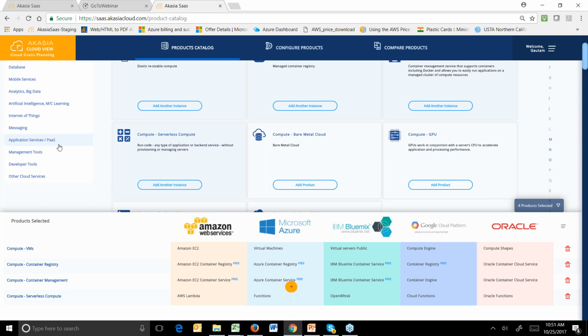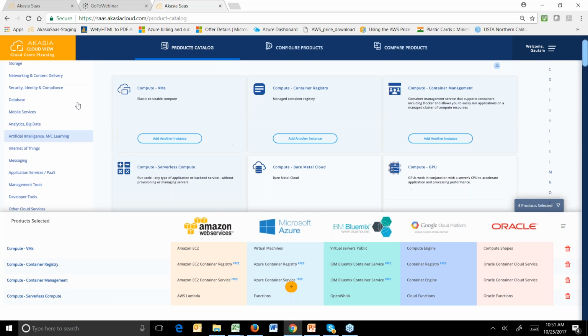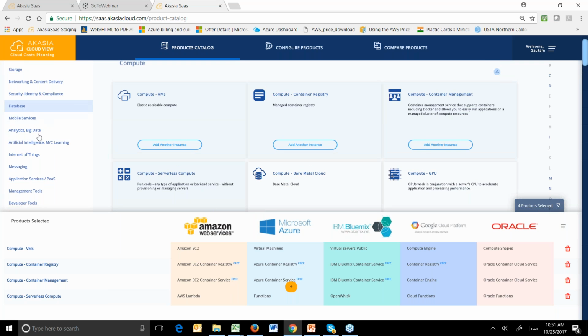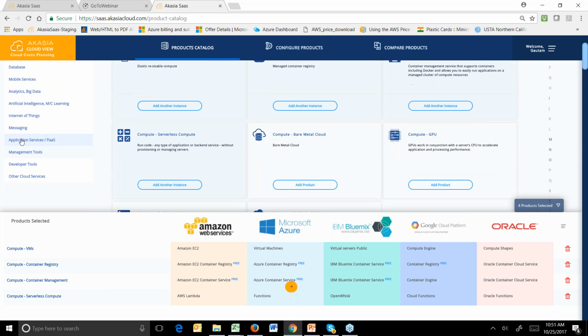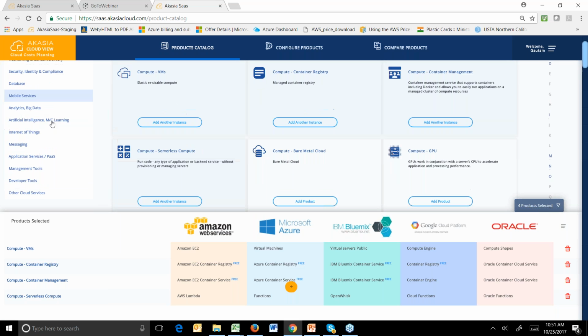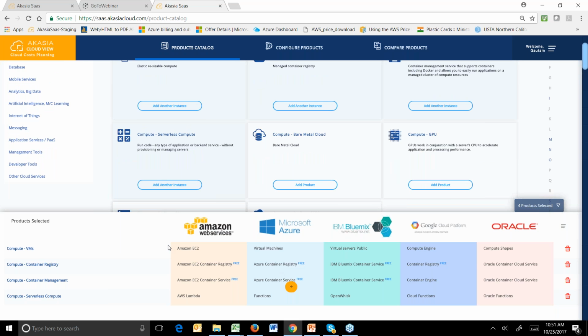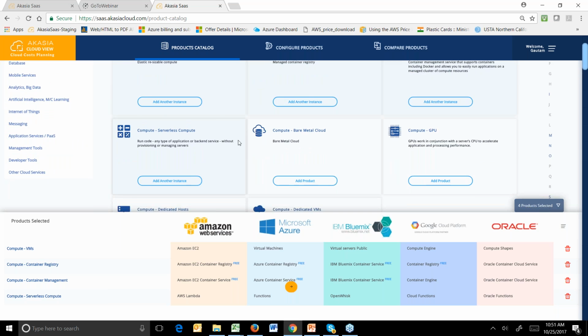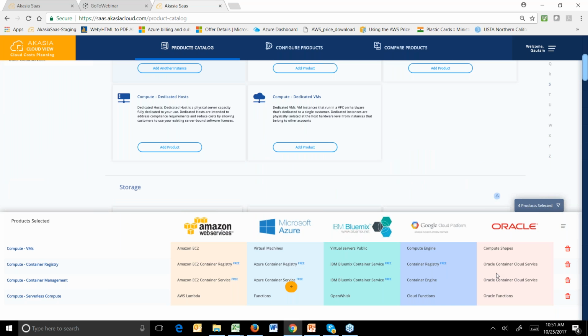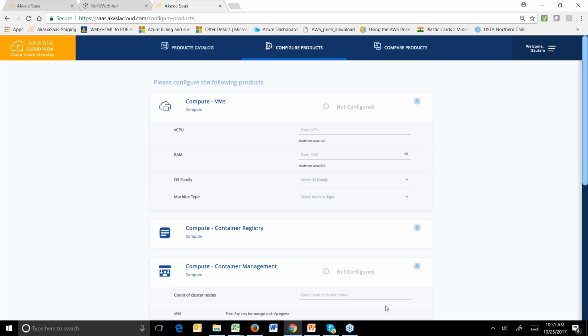So now once you select this, I could be selecting, let's say, other elements such as databases or mobile services, a whole bunch of things, including application services, PaaS, and analytics, machine learning, game development, and so on and so forth. So when you start adding this and clicking this, it gets added to this basket, if you please, and you will see a product offering from each cloud. The next thing is that you want to know how much it is going to cost you.